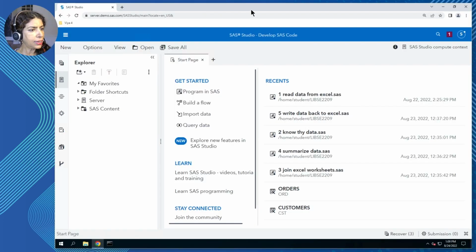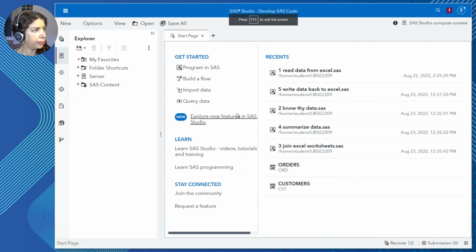When I launch SAS Studio from within SAS Viya, the first thing I see is the start screen. There are quite a few items that we want to explore here, and the very first thing I will do is press F11 to go to full screen mode. Then I want to start examining what all is available on my screen. On the left side, we have a few widgets, and we'll be exploring primarily the second from the top and the second from the bottom.